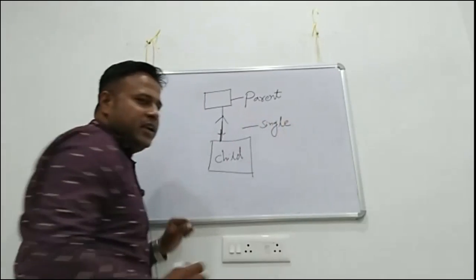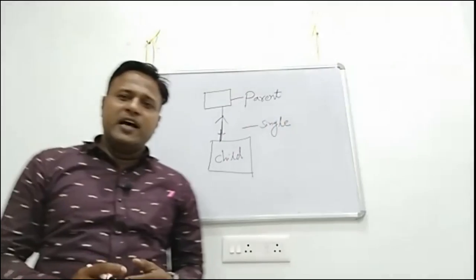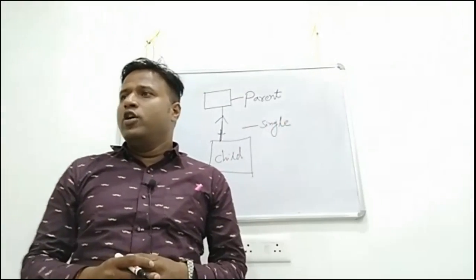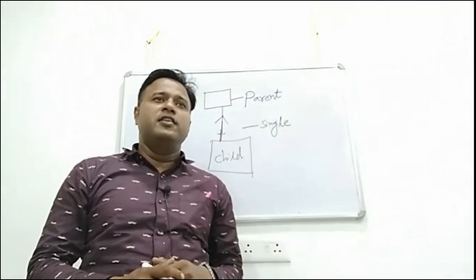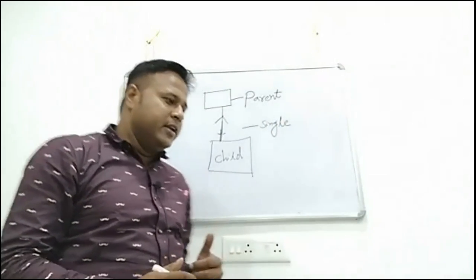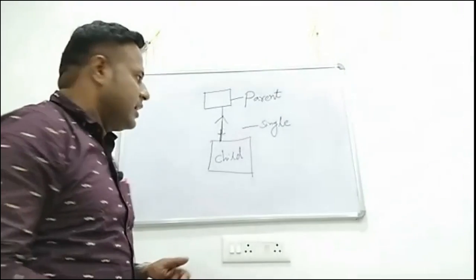In single inheritance, one child class derives its set of attributes from one parent class. This is called single inheritance. In multiple inheritance,